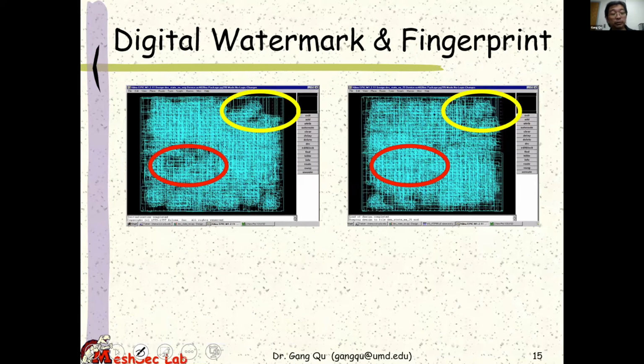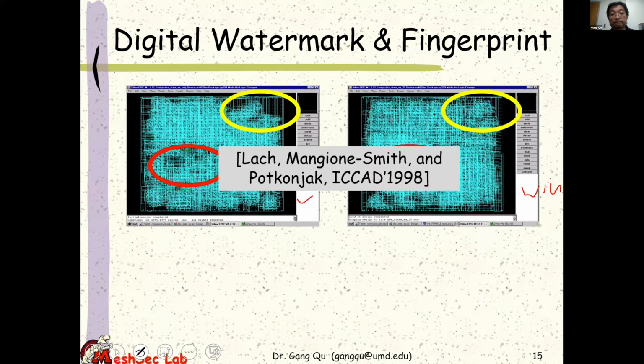So I'm going to quickly show a couple of other examples. This is a digital watermark example where we implement the DES, more than 20 years ago, on an FPGA board. This is the one without watermark. This is the one with watermark. And visually you can see some difference, but how can you develop a tool to do a formal assessment to show that your watermark is indeed there, is indeed robust?